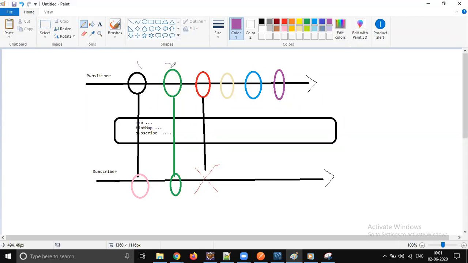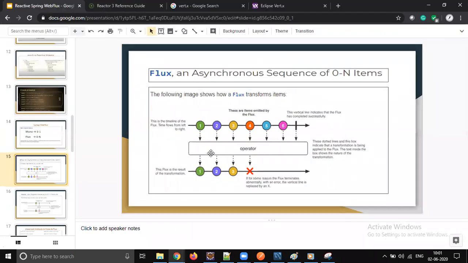Like element one, two, three, four, five, and six: if you get an exception while processing element three, elements 4, 5, 6 will not be transferred to the subscriber. That is what the X mark shows.